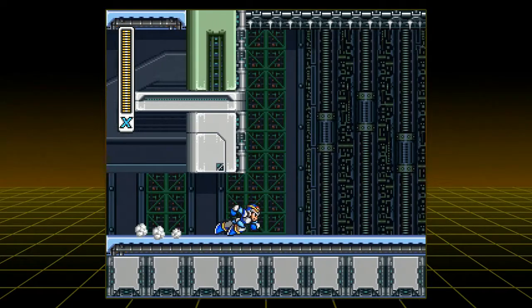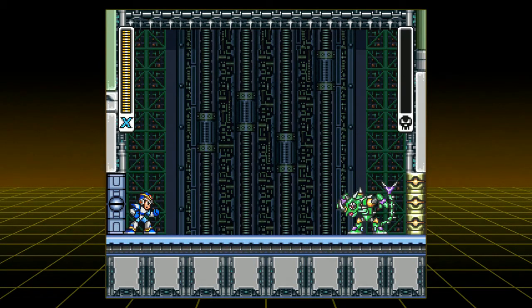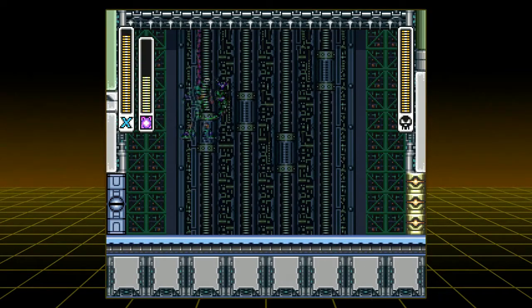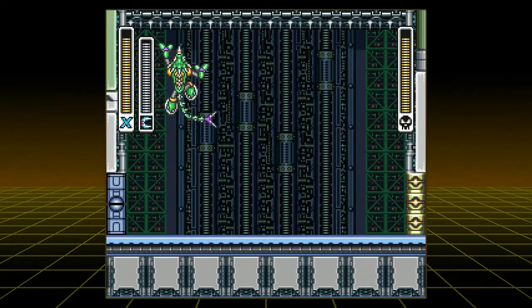Now, what boss we got on here? Oh, it's the Chameleon. Okay, let's get him with a Hadouken, hopefully. Okay. Wow, they really hate me. Luckily, I have his weakness. Well, I have everyone's weakness now, but...